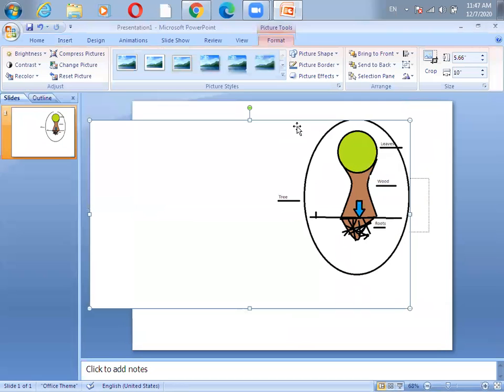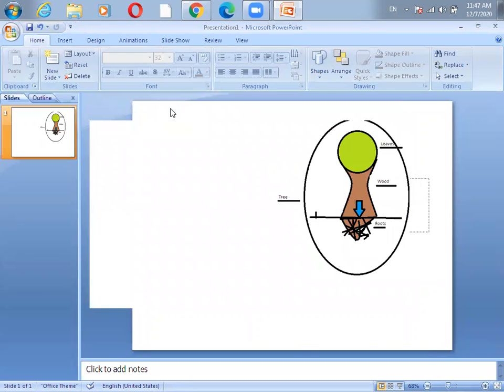If you want to crop it, then you need to understand that when you select that picture, only then will this format tab be available. If I'm not selecting this one, if my cursor is somewhere else, then I can't see that particular option, that is the format option.